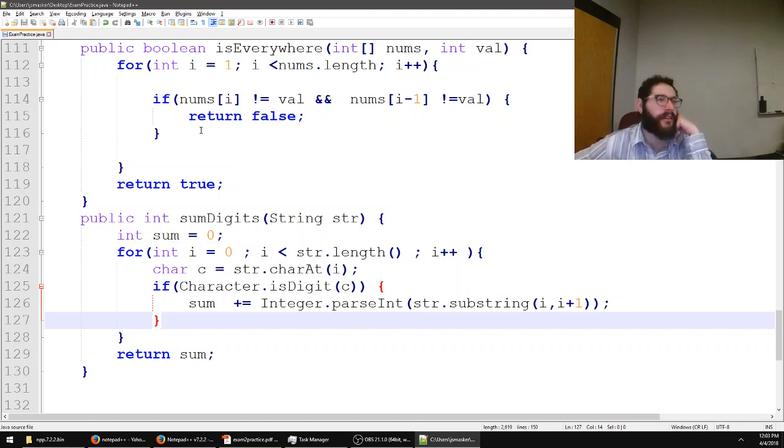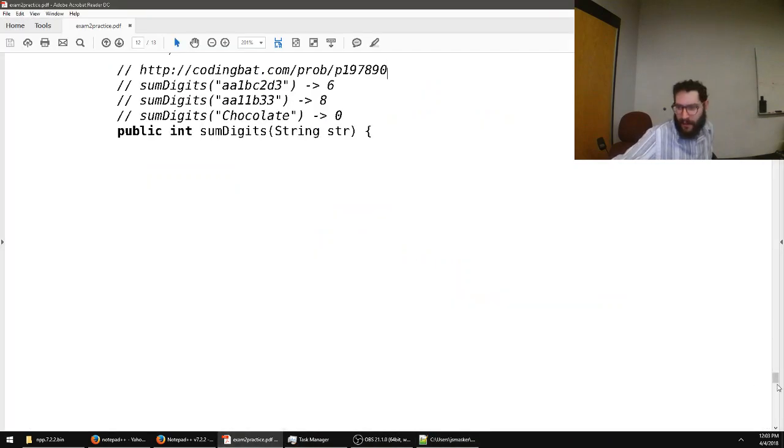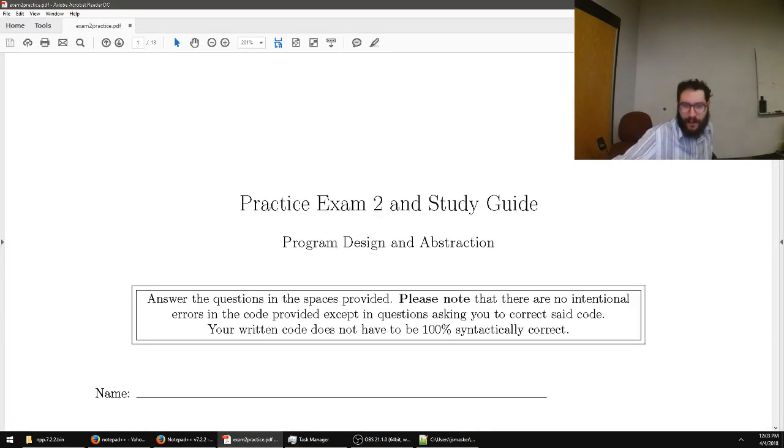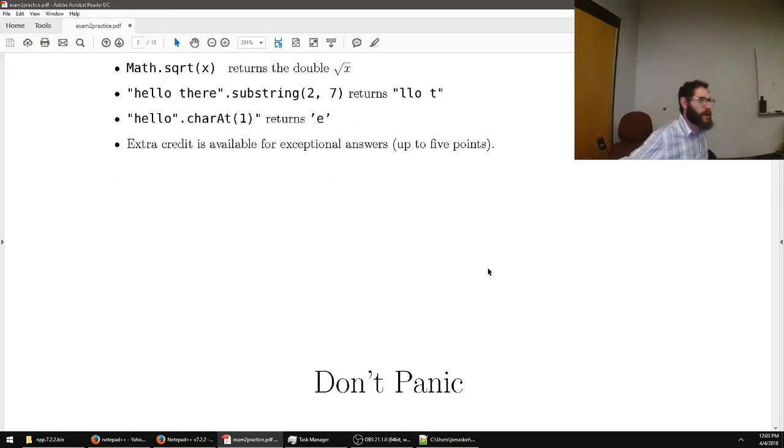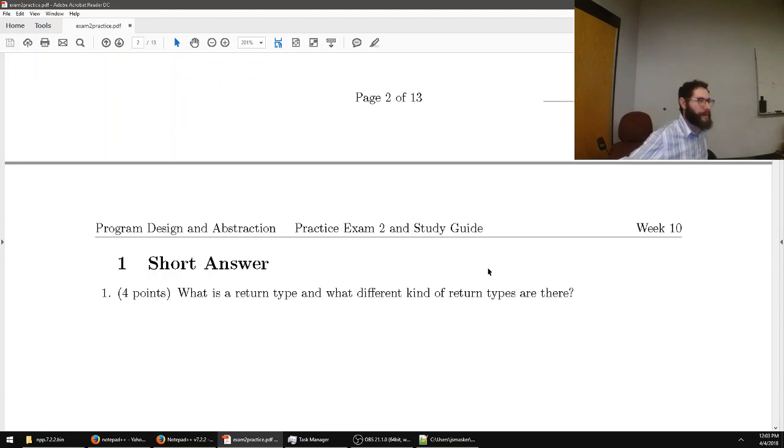All right, other questions? Yes? Oh, yes, of course. You're allowed to bring a cheat sheet. Okay? So one page, just like the last exam, one page, front and back. Did I spell it out on the practice exam? I did not, but yes, you're allowed a page of notes, front and back, standard, either letter or A4,